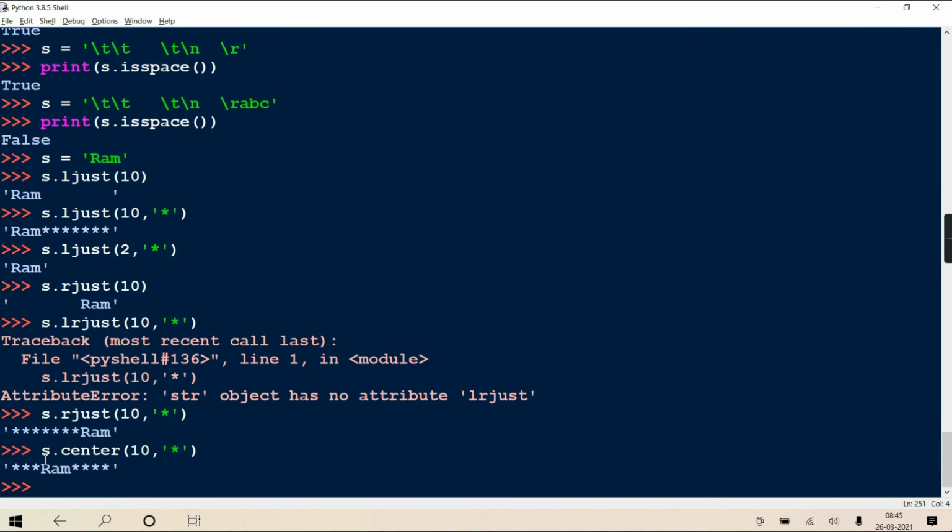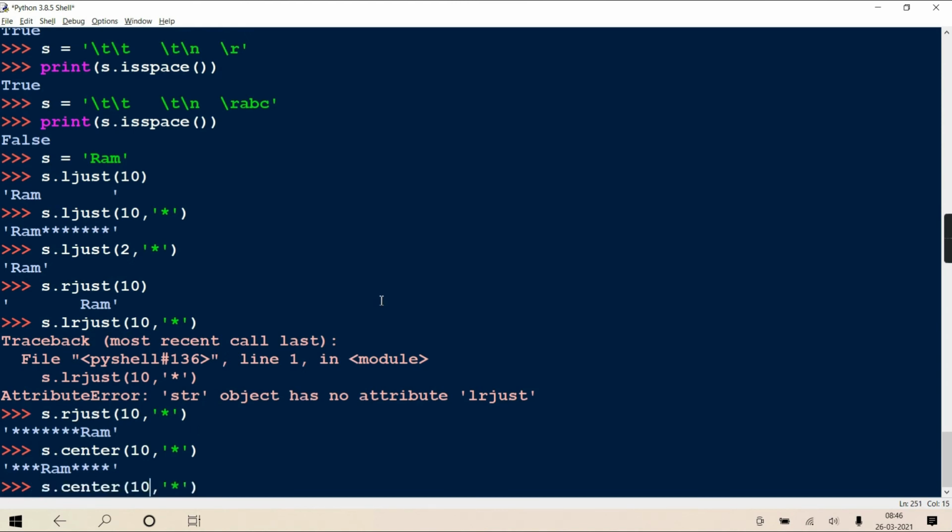But your string contains only 3, that is Ram. So how many are remaining from the length? 7 characters. So 7 is divided not as 3.5, 3.5. 7 is divided as 3 and 4. So 3 comes on one side, 4 comes on the right side.